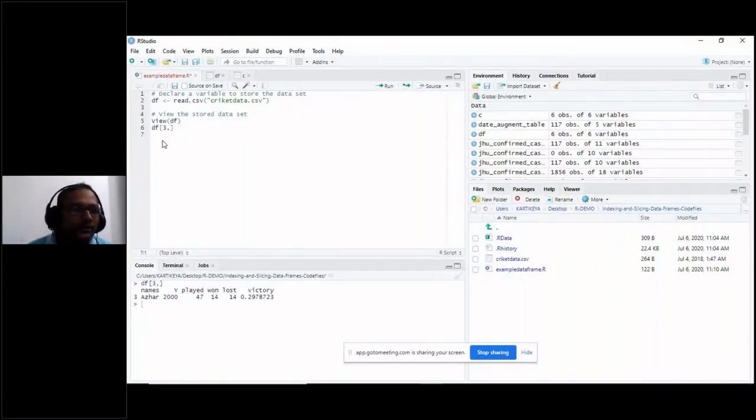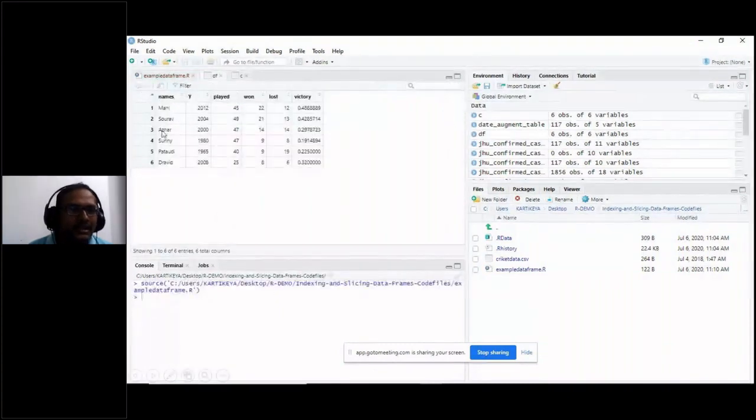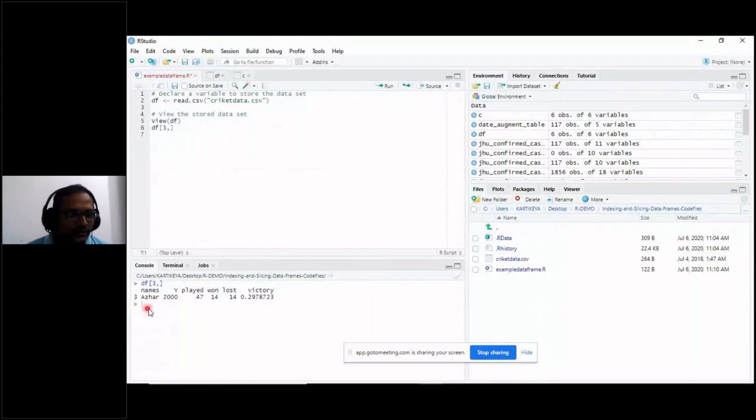So you have to make sure that when you want to display a row, you write that row number, then a comma, and it will display that particular row. So let us see, the third row is Azar, year played 2000, played 47, 1, 14, like this. You can see the data in your console here, right?